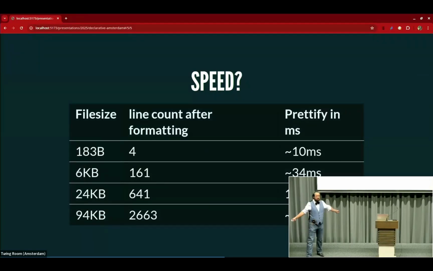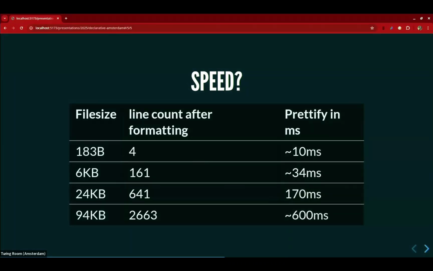You might ask, a slow tool is not a tool that I'm going to use. How fast is this? I threw it through a few different files on my trusty laptop here. I took a small file, I took a normal-ish size one, I took a really huge one.